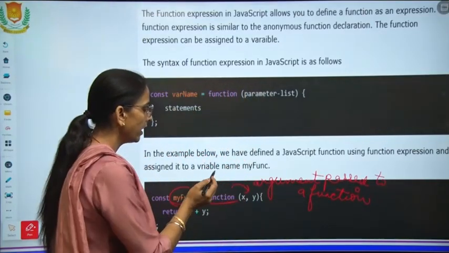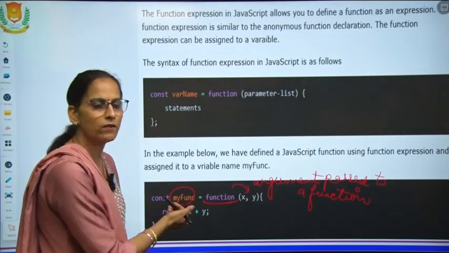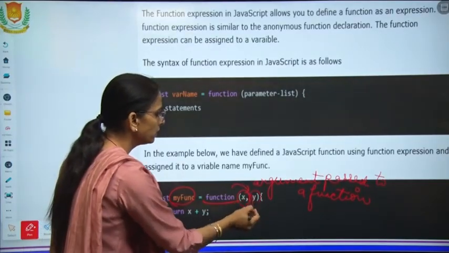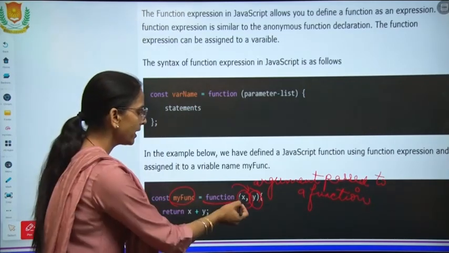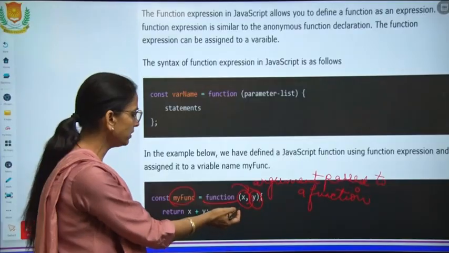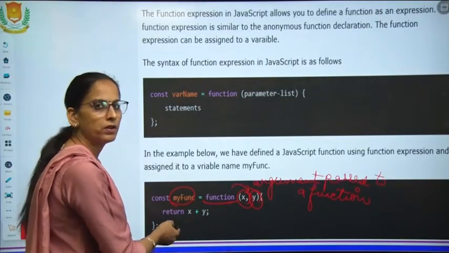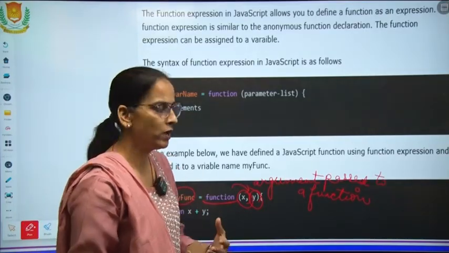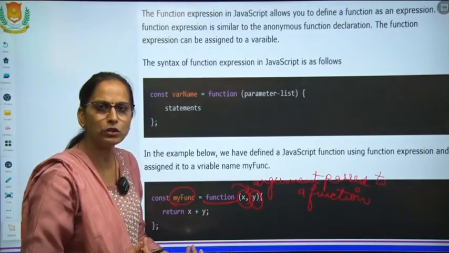Now in the function code, whatever operation is given will be applied to these arguments, the two variables x and y. This x and y is passed to the function. These variables will be added and returned. Return means returning the answer, returning the value. You can do it explicitly in a third variable also.